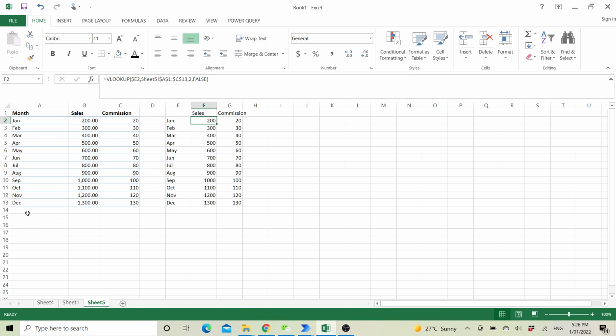But what happens if you want to add the next year, like January 22, 2400, right? Then you put in here Jan 22, then you drag the formula down, right? You can't see anything, right? So what you can do is actually